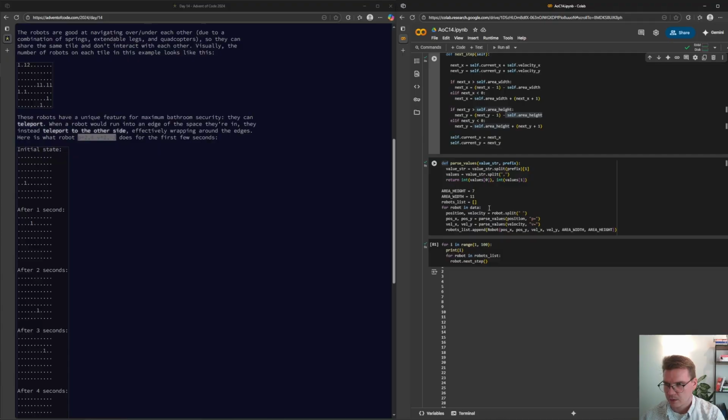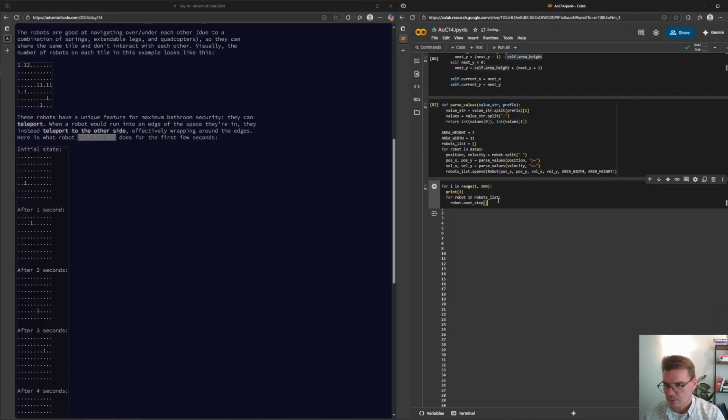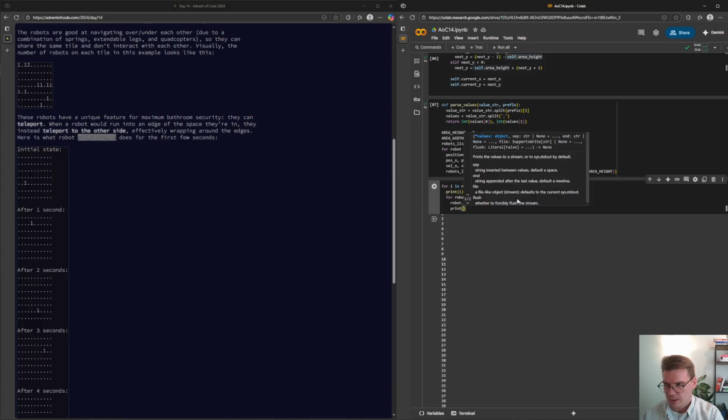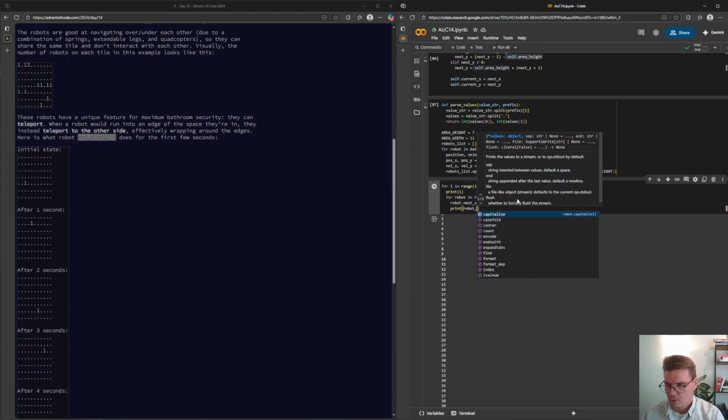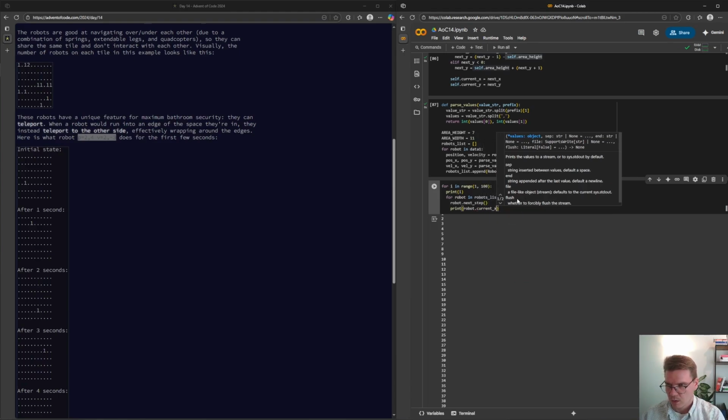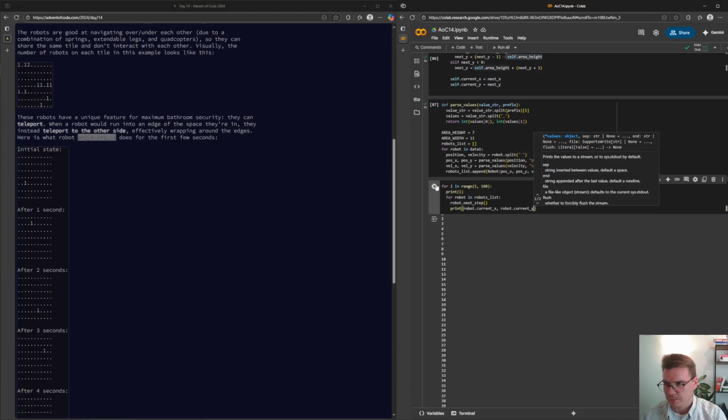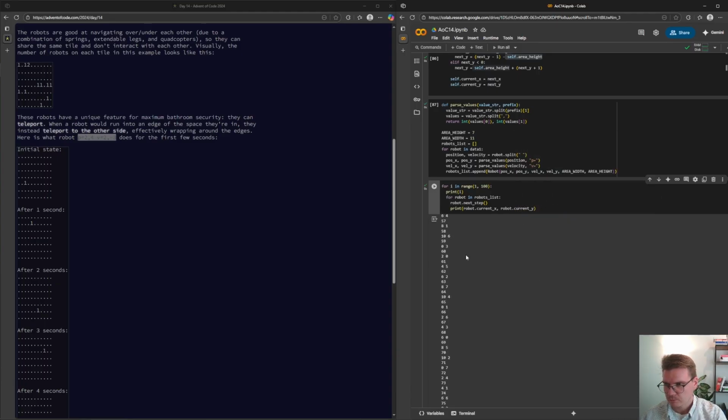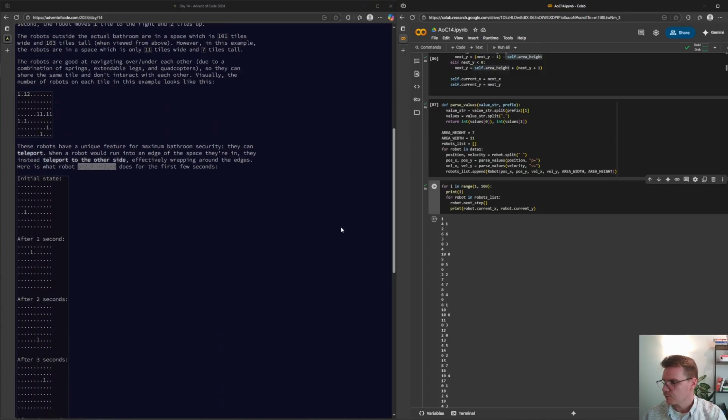Data 1, yeah. And then let's print the robot current X, robot current Y here. Oops. So it was basically first 5 seconds.